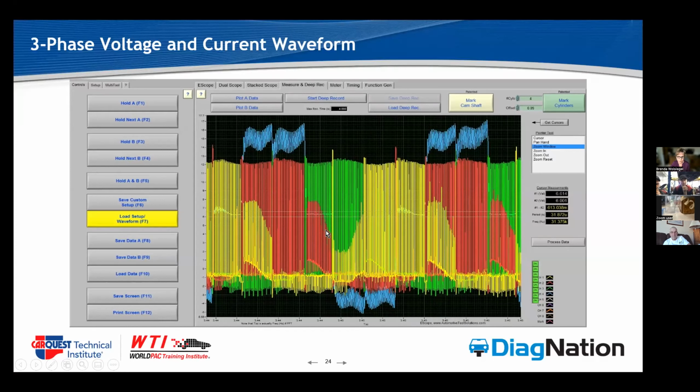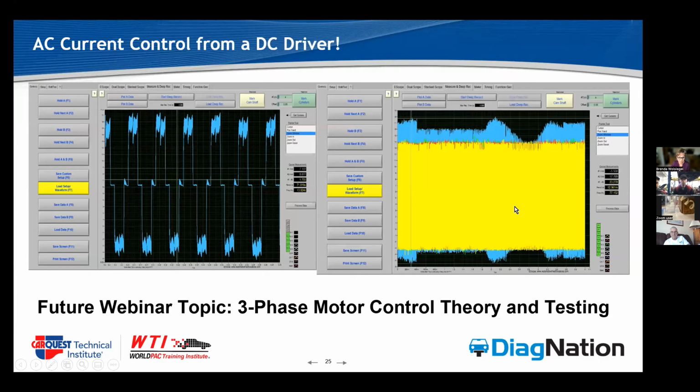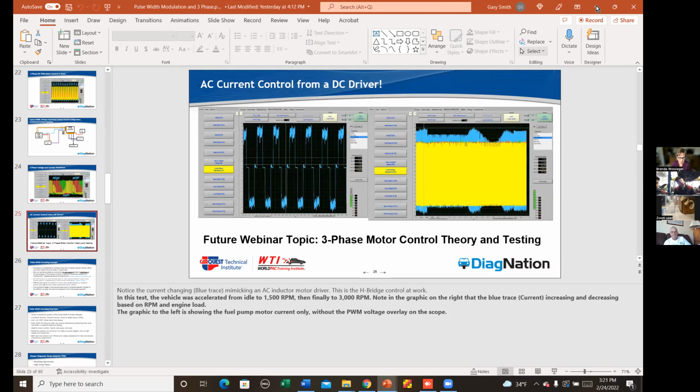Now, as inductive AC energy flows through, we're seeing the tie between the red and the green phase right here, the tie between the yellow and the green phase right here, and back through to the red here. Okay, now it's at this point where these phases change. If I go back to my other presentation,